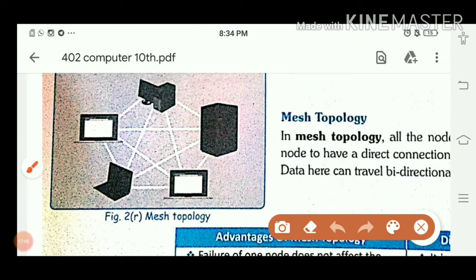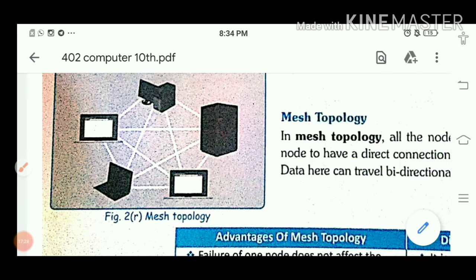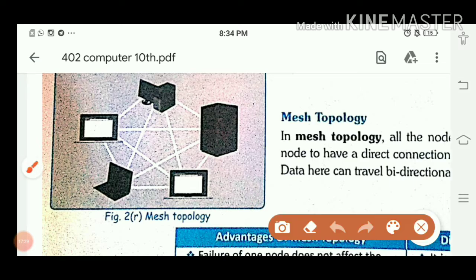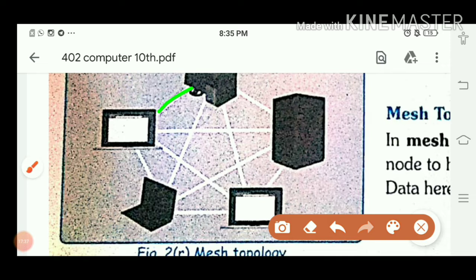Children, in the previous three topologies, in star, in ring, or in bus, in all three topologies, what is there that if any node wants data from another node, whatever is in between, तो सब nodes के पास जा रहा था, ठीक है, and but in mesh topology, here all the nodes are connected to all other nodes. In mesh topology, you will check this diagram. In mesh topology, what happened? That all the nodes are connected to each other with all the remaining nodes. ठीक है, यहाँ पे every node is connected to every other node.